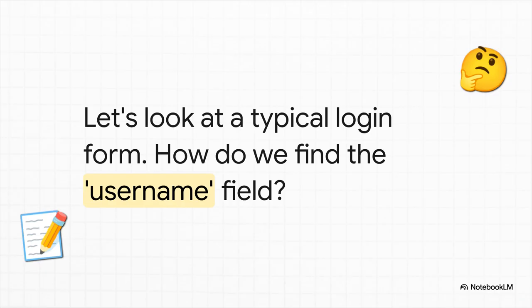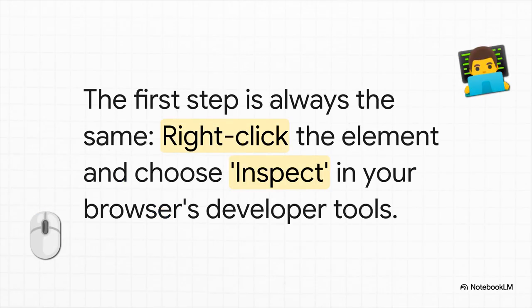Let's make this real. Here's a login form you've seen a million times. Our mission is simple. Tell our script to type a username into that first field. So where do we start? How do we find its address? Your first move